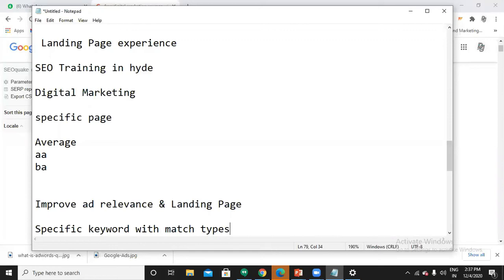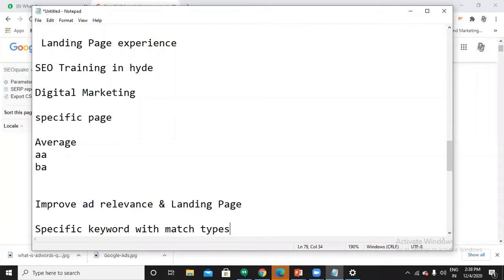By default, our keywords will be in broad match. If you go with a broad match, you are reaching a wide audience and you will be getting irrelevant clicks. Let's say digital marketing training. A person who is searching for digital marketing training in Delhi or digital marketing training in Indore will also see my ad. But I'm not going to train in Indore or Delhi.